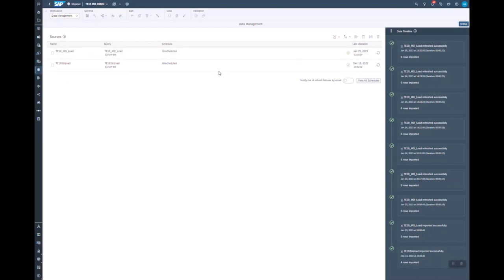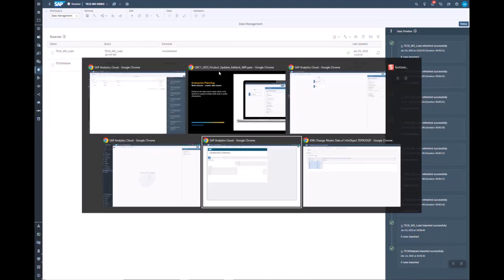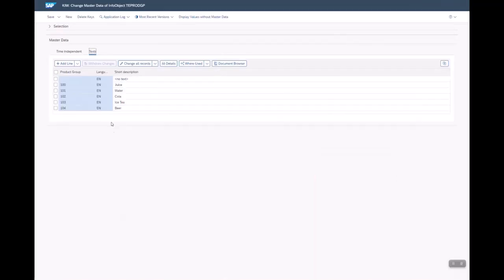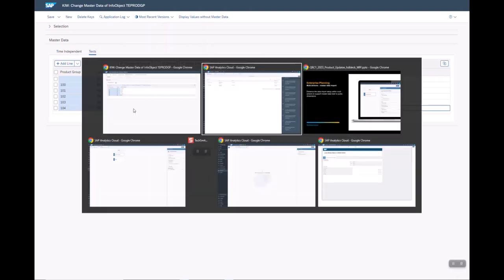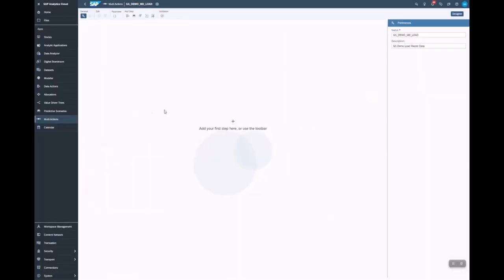Let's have a quick look at BW, what the master data in BW is. And here we can see the dimension we're loading from has a new product group, which is for beer products. Now we want to load that data with a multi-action into our model. Let's go to the multi-action designer, and I have already prepared a multi-action, and let's add a step for this